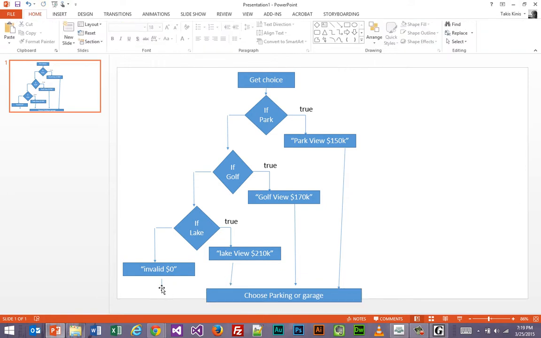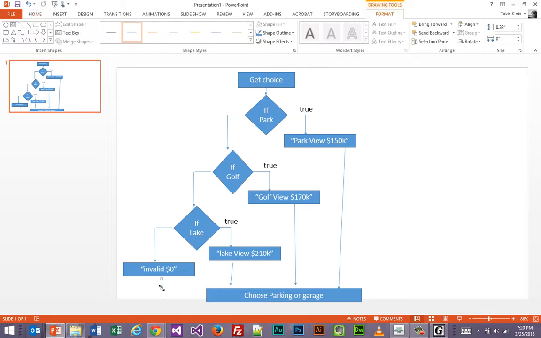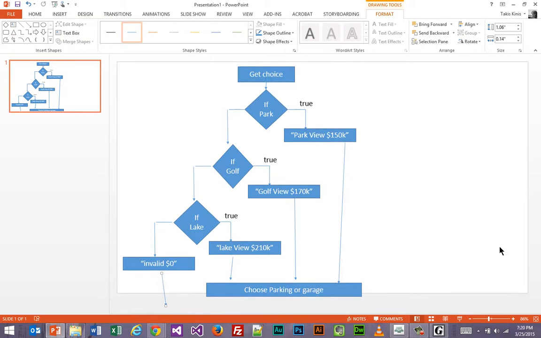So if the choice is not valid, the program is done. So really what would happen is this would just fall all the way to wherever the bottom is. Now, if it is a valid choice from one of these 3, then we're going to ask to choose parking or garage, in which case, and I'm going to have to do a little bit of creative